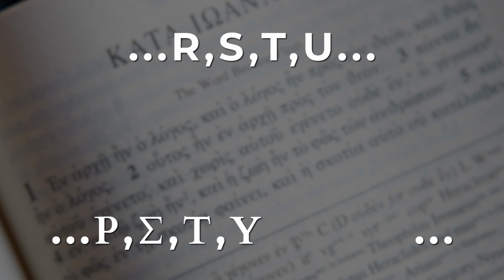The sequence of letters we've covered is very similar to that found in the English alphabet. Rho, sigma, tau, upsilon is the same as RSTU in English. The next 3 letters, however, are unique, having no single English equivalent: phi or fi, chi or kai, and psi or si. Like theta, these letters all represent sound combinations in English.